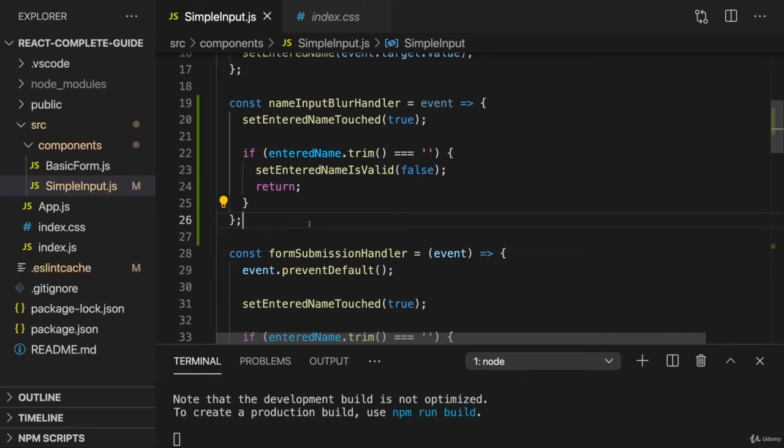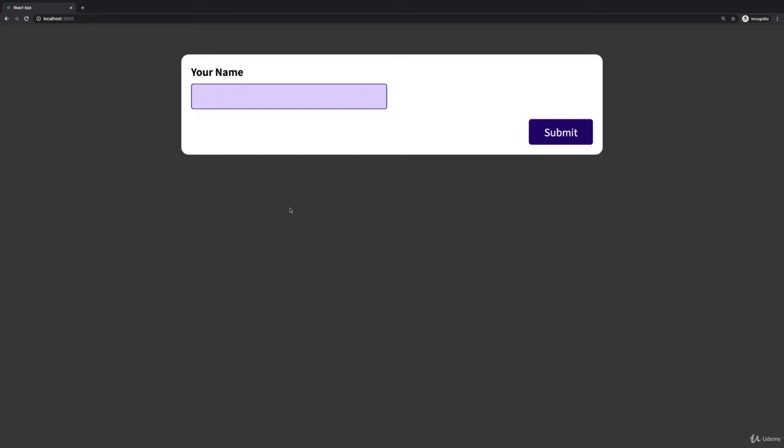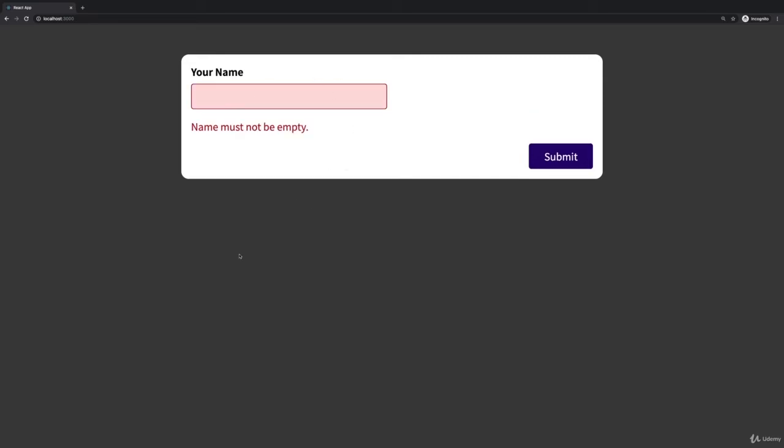Let's duplicate the code. It's fine for a second. So now with that, if I click in there and click out of there, I also get my warning here, which I would say is a better user experience. But now we maybe want to give the user a chance of fixing this error. And if I now start typing here, it would be great if this error disappears as soon as I entered a valid value, so that I as a user know once I did reach a valid value,